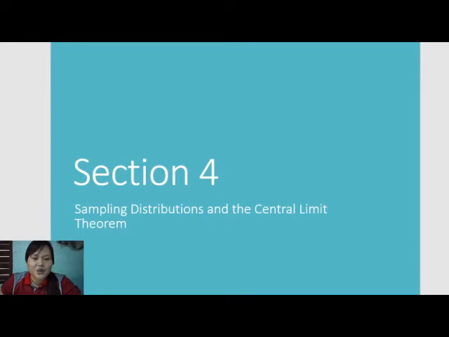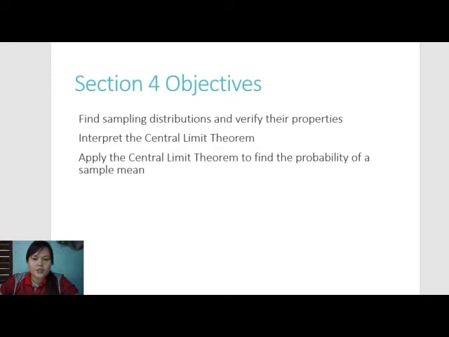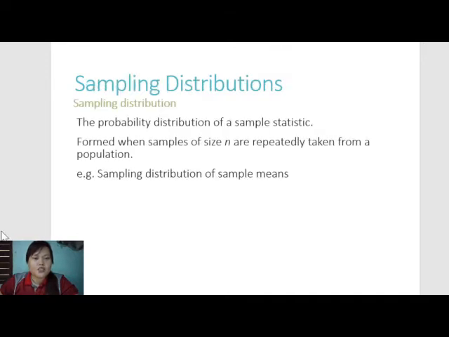Okay? So, section 4 is sampling distributions and central limit theorem. Okay, so here are your objectives for section 4. We would be finding sampling distributions, interpret central limit theorem, and apply central limit theorem to find the probability of a mean. Okay, so sampling distributions, the probability distribution of a sample statistics formed when samples of size n are repeatedly taken from the population. Okay, so kumbaga ay